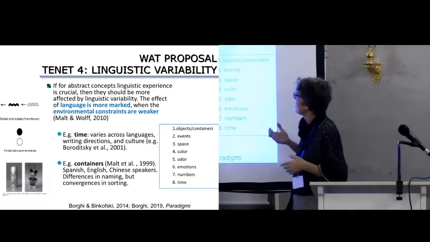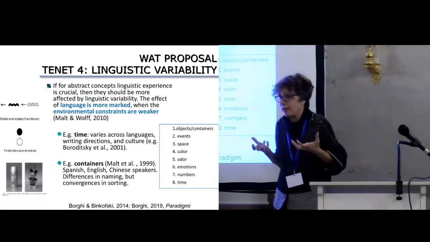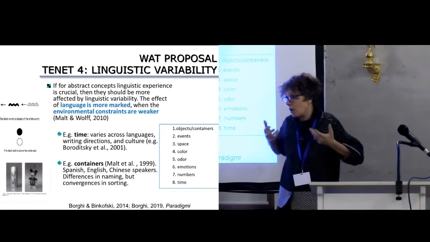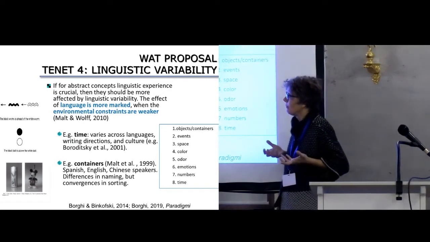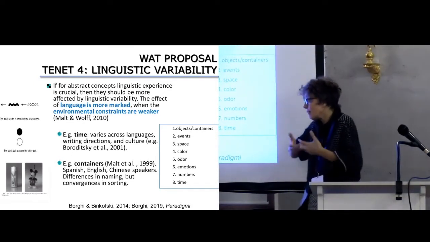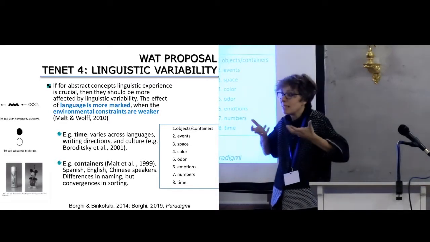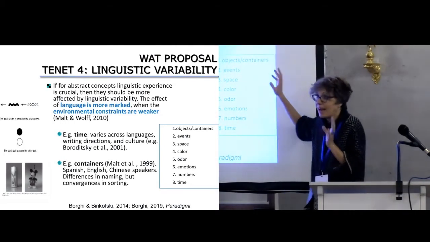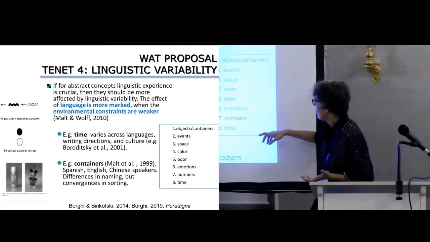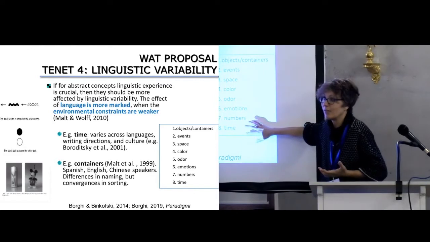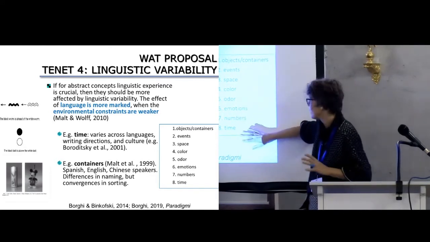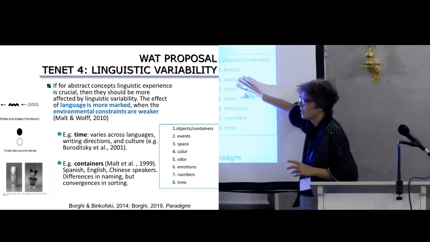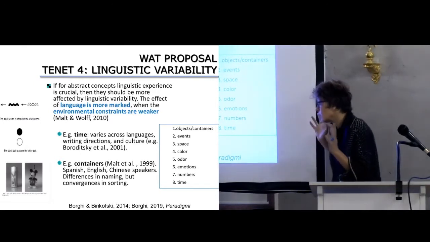And so it's possible that in the case of concrete concepts, environmental constraints are stronger, and so the support of the environment is stronger, whereas in the case of abstract elements, there should be higher variability. We did only some analysis of the literature, and we can say that the concepts of time, numbers, emotions vary a lot across cultures, whereas in this case, the variability is less. But this is really preliminary.